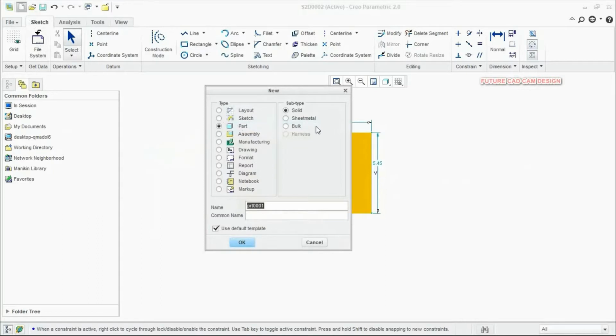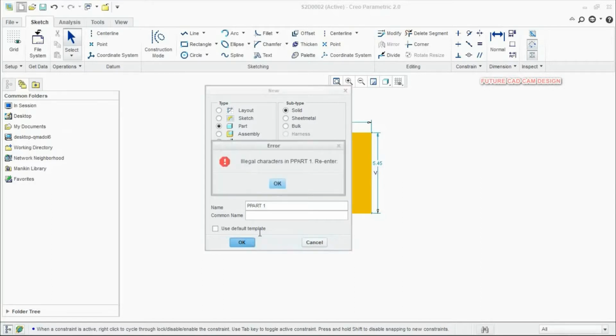part module. In part module, select solid. After that, the main thing is you need to untick this column. You can give a name for your part. I am giving part 1 as the name of my component and then press OK. If you tick this column, it will directly open the Creo part modeling environment, so you can't mention the units, whether you are using inches, millimeters, meters, and so on. So you need to remove the tick and then click OK.